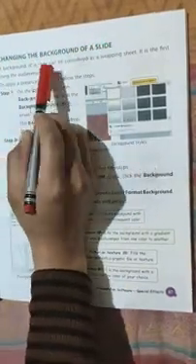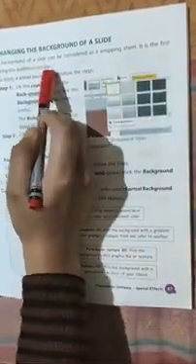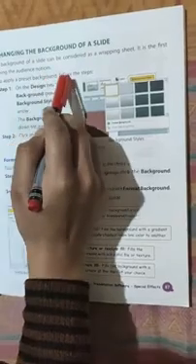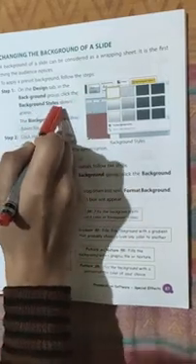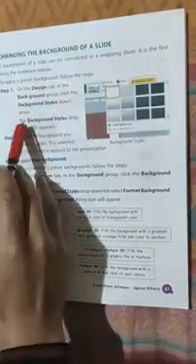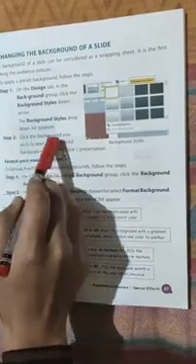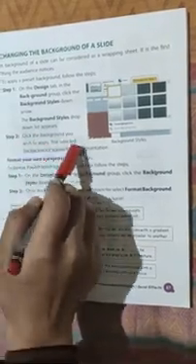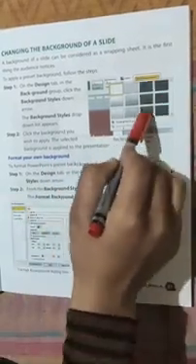Now, changing the background of a slide. A background of a slide can be considered as a wrapping sheet. It is the first thing the audience notices. To apply a preset background, follow these steps. Step number 1, on the Design tab in the Background group, click the Background Style down arrow. The background style drop-down list appears. Step number 2, click the background you wish to apply. The selected background is applied to the presentation. This is the background style.